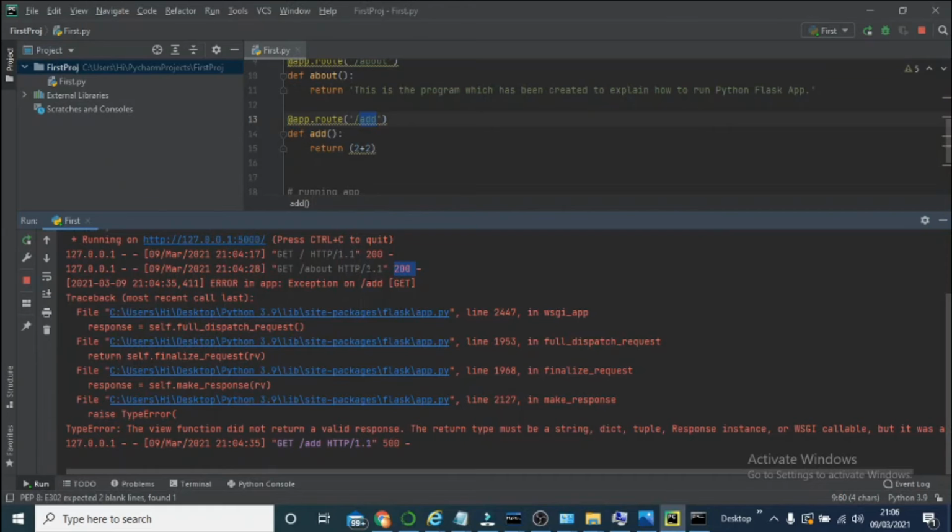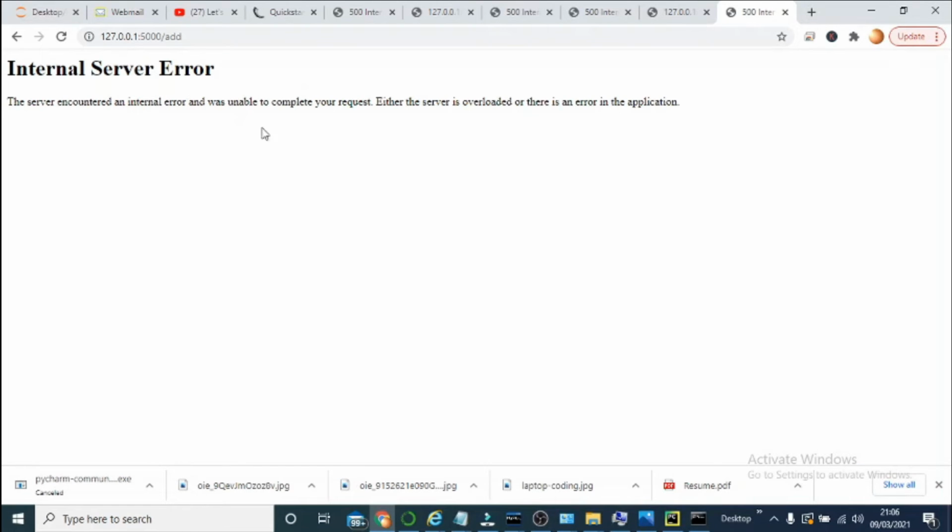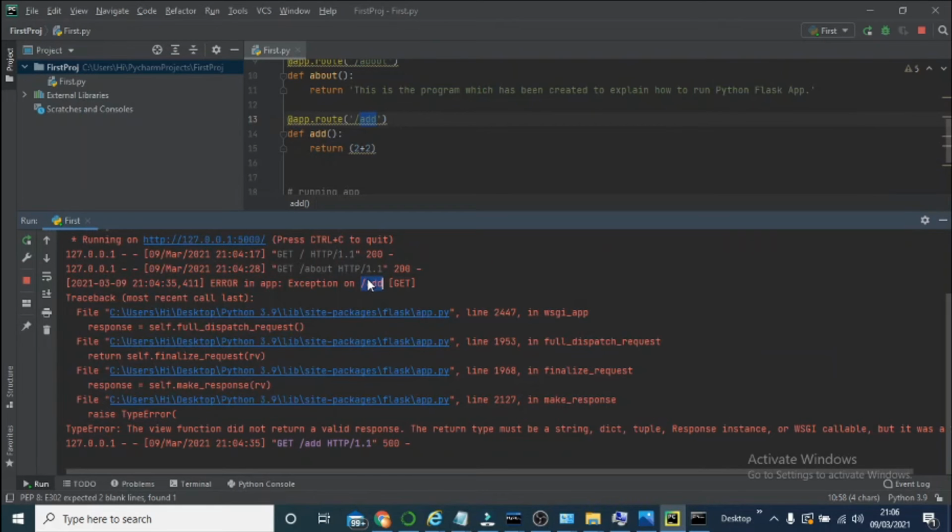Then finally, the third thing I tried is slash add, and when I used slash add, I got an error, the internal server error shown here. So we are in this function, and when we look at the error logs or try to trace it, the files are app.py and wsgi. Really nothing much we can get out of it.